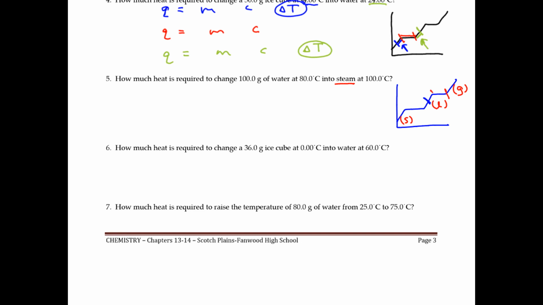So this is going to be a 2-part problem. The first part is going to be zone 3. So zone 3 is going to be Q equals MC delta T. That's zone 3. And then zone 4 is just going to be Q equals MC. Then you put in your numbers and then add up the Q's. Next drawing,